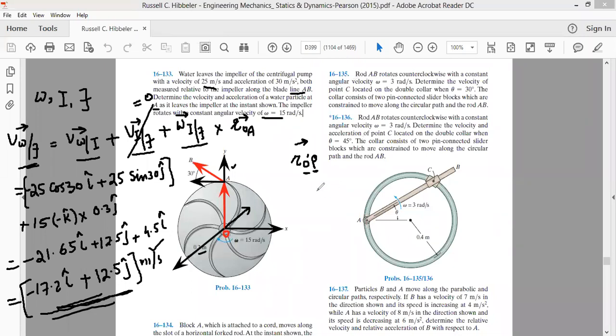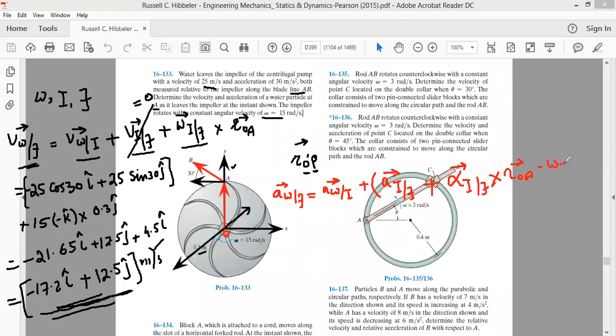We write the acceleration of water with respect to ground is equal to the acceleration of water with respect to the impeller, plus the acceleration of impeller with respect to ground, plus the angular acceleration of impeller with respect to ground, alpha, cross product with the position vector r from O' to A, that is R_OA vector,